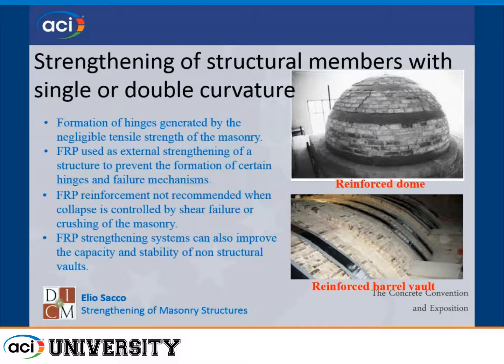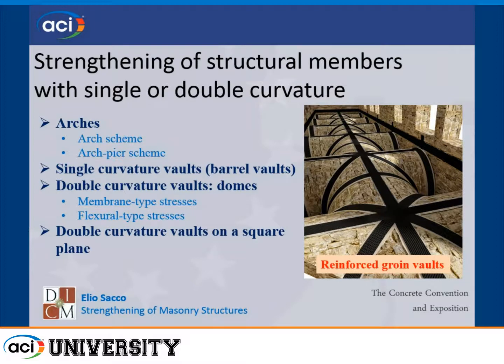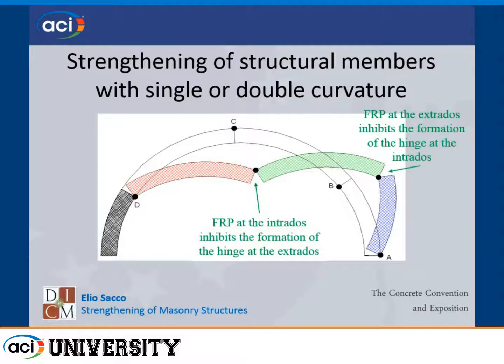And of course we also have the possibility of a different failure, that is the compression of the strut in the truss. Then there is a section concerning single and double curvature structures, and the idea is that the collapse occurs because of the opening of hinges, and FRP can prevent this opening of hinges. And of course we can see typical interventions that we can apply on these curved structures. We studied the case of arches, barrel vaults, domes like the one we have seen before, and groin vaults. Just one word about the collapse.